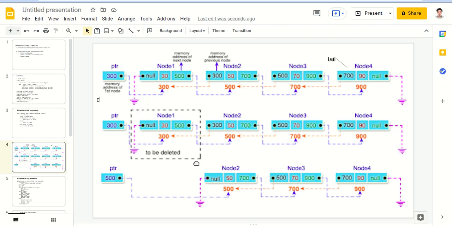Now we want to delete from the head of the linked list, that is the first node, node 1. So what we need to do is shift the head pointer from node 1 to node 2 and make node 1.next as null, so that after garbage collection it will be deleted from memory by Python, and in Java also garbage collection is there. That's simply what we do to delete the node from the head.